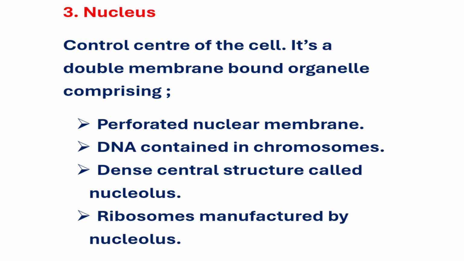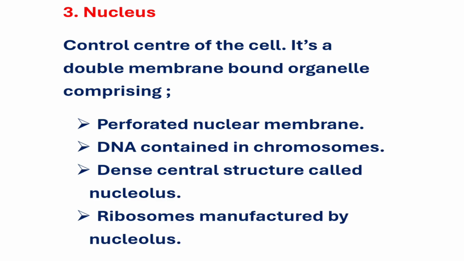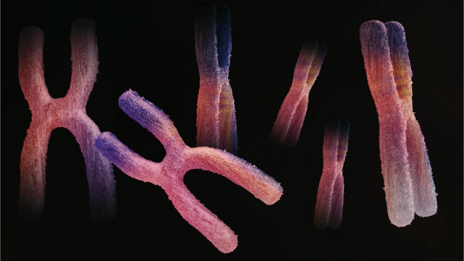The next part is nucleus. It's the control center of a eukaryotic cell. It's a membrane-bound organelle that contains the cell's genetic material, that's deoxyribonucleic acid, DNA, wrapped around proteins forming chromatin, and when the cell is ready to divide, chromatin coils more tightly forming chromosomes so that the DNA can separate